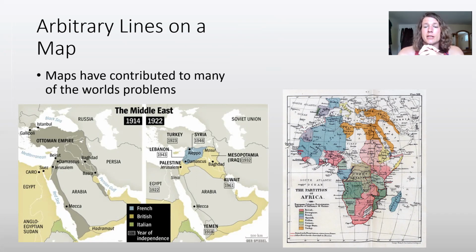The same thing with the partitioning of Africa. Africa is a very diverse continent, with many, many cultures and languages, and again, lots of groups that worked together and coexisted side by side. You know, some with more conflict, some with less, but they had their own boundaries set up. And then the British, the French, and other European powers came in and just sliced it up like a pie, drew arbitrary lines on a map and said, we own this, you own that, with no regard for the pre-existing circumstances on the ground. And again, this has also had wide-ranging implications.